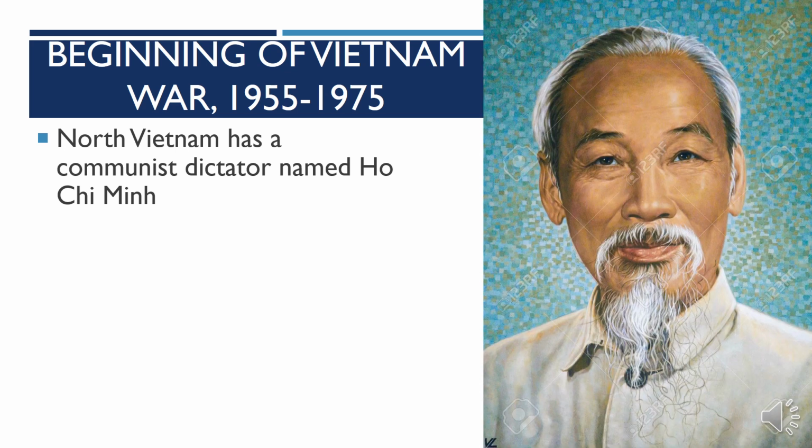Now, let's look at those words, communist and dictator. A dictator is a leader of a country that has all power. It means that he has no limits to what he can do. No one can tell him what to do, and even the law cannot tell a dictator what to do. Dictators often become really, really bad people, and they start doing things they shouldn't do, like killing their enemies, per se. Anyone that speaks out against them, they say, oh, well, I'm just going to go kill you because I